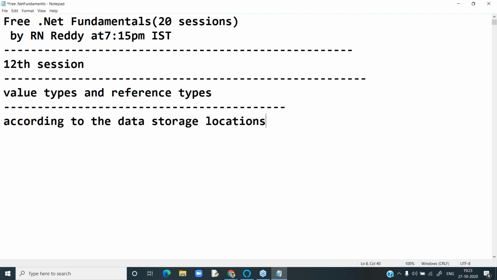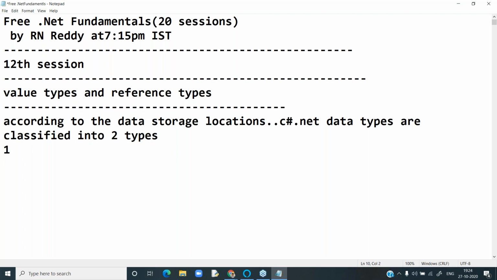Number two, reference types. Last class, the primitive data types, numerical data types, and floating point data types were classified based on the type of the data. This is based on the storage locations.